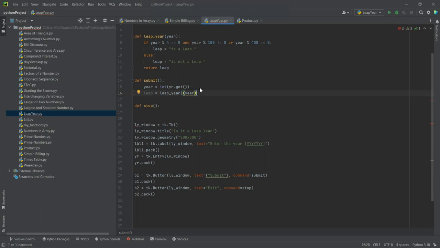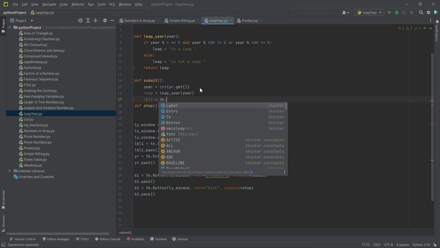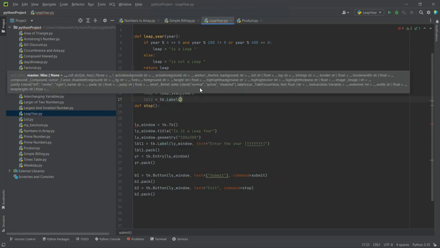This will return whether it is a leap year or not a leap year, right? So now we have to display this. So label 2 is equal to tk dot label, and here we say leap year window, because this label has to be displayed on that window. Text is equal to,